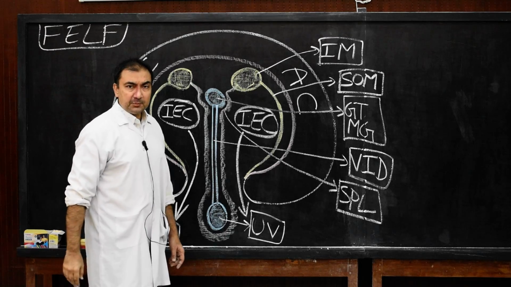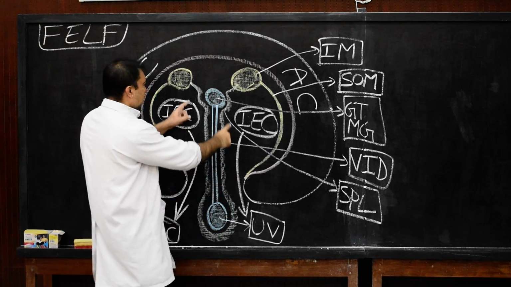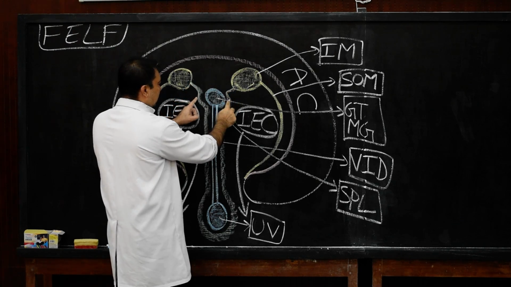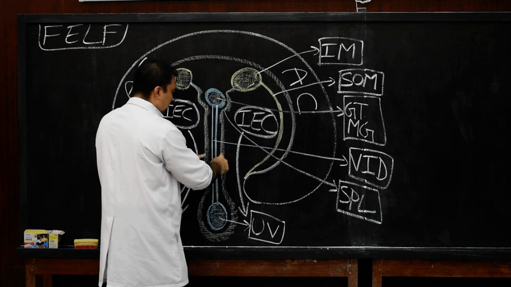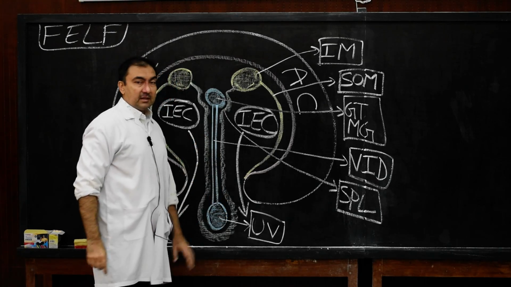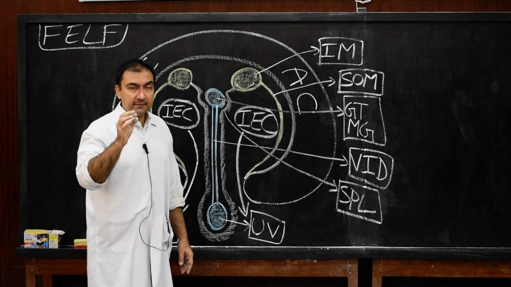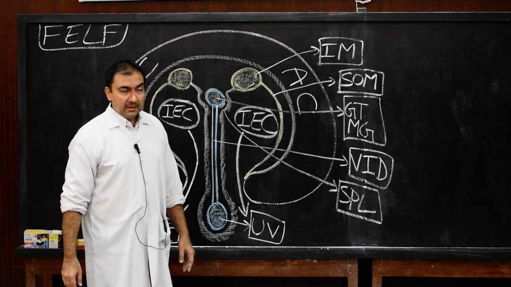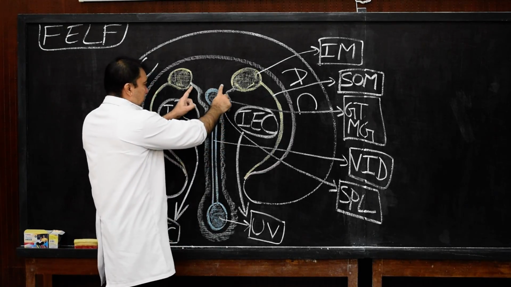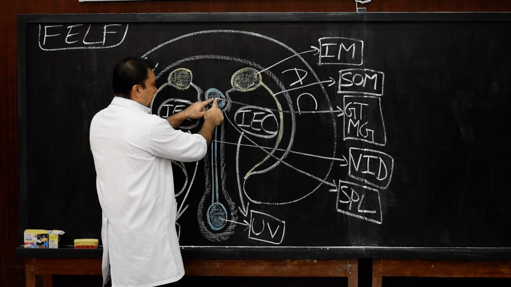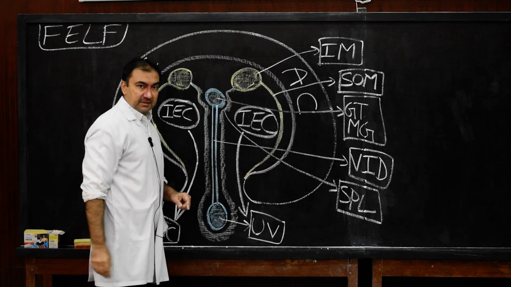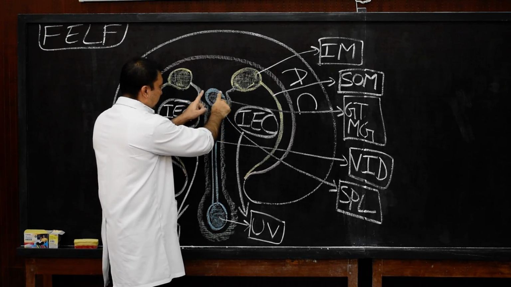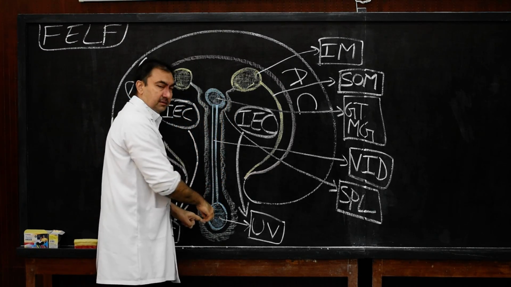Then we discuss splanchnopleuric layer. Now the splanchnopleuric layer will continue from here. It will line the ventrolateral part of the entire gut tube. Remember this. And therefore, we have shown this. This is the primitive gut tube in transverse section. So this layer is splanchnopleuric layer. The entire ventrolateral portion it is lining.